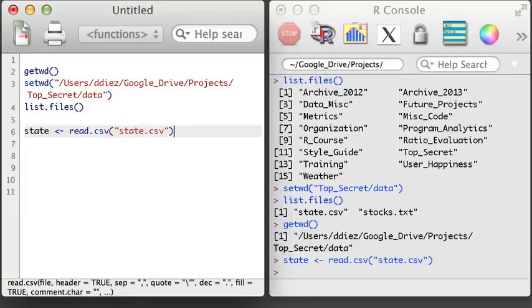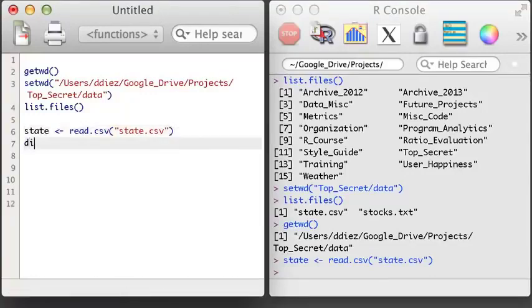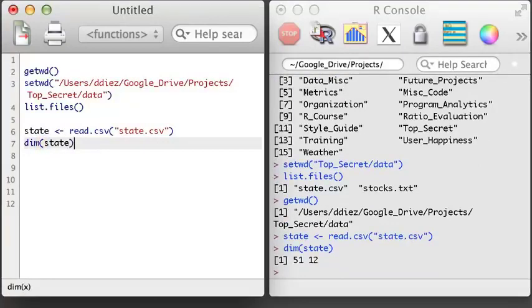When you're reading a CSV file into R, it's stored as a data matrix, which is more formally called a data frame in R. Just like with a regular matrix, I can use the dim function to see how many rows and columns are in the dataset. There are 51 rows representing all US states and Washington, D.C., and 12 different columns representing the 12 different variables